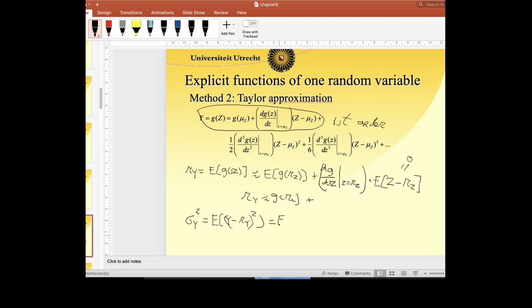So we end up with the expected value of, this is mu Z squared, times